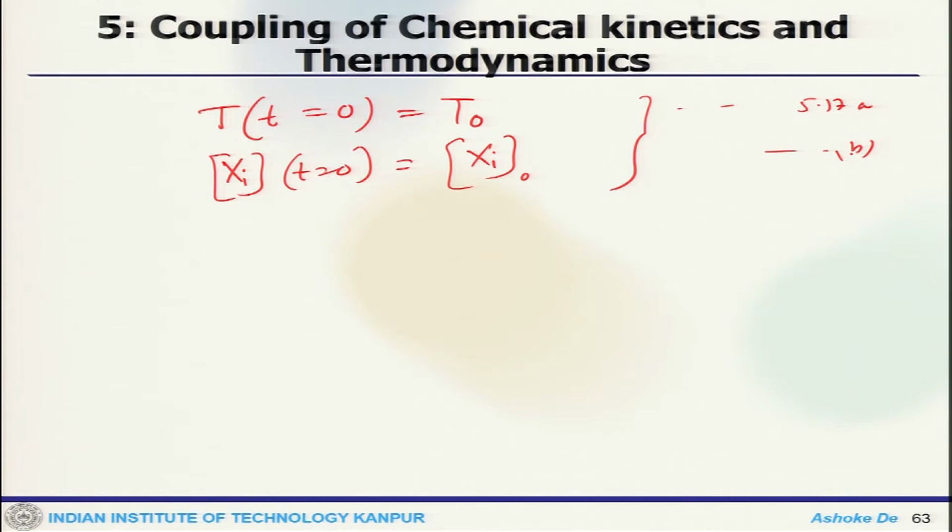Now, the functional forms of these two equations are obtained from equations 5.10 and 5.11, which give you enthalpy, and equation 5.12 gives volume. But what happens most of the time is that there is no analytical solution. So, one has to go by some numerical technique, like numerical integration, which is capable of handling this stiff system.